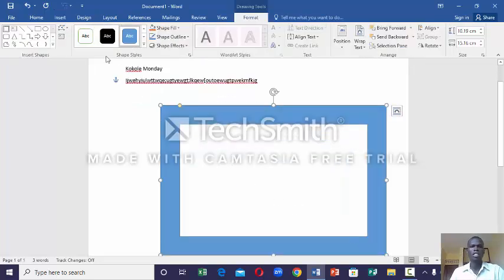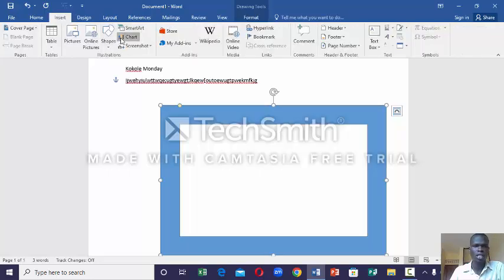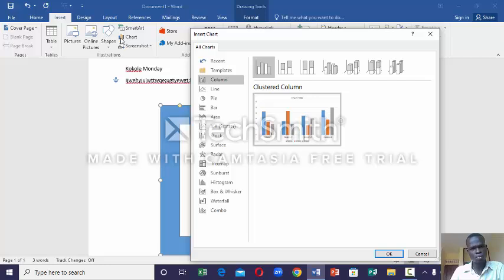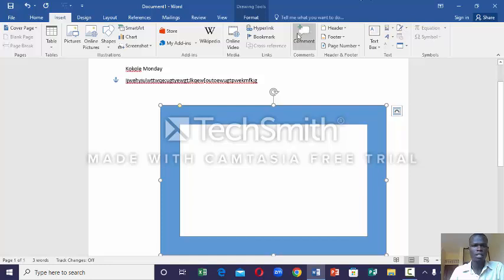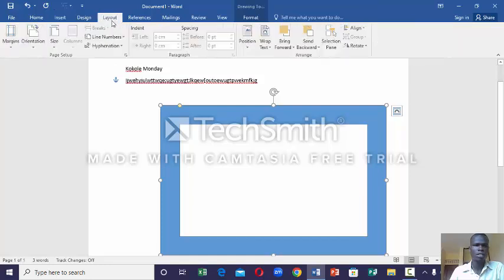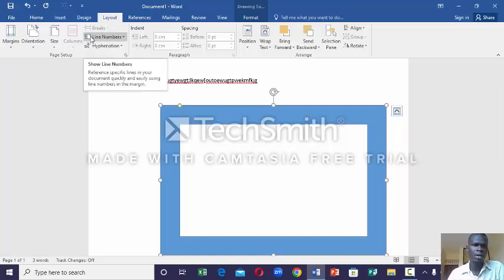It depends on the type of page you want, and then come back to home and look for charts. This is how we can also create charts, like bar graphs and so on, it is there. You can come to page layout, where you choose how your page looks. You want to organize the text with margins, orientation, size, and so on.